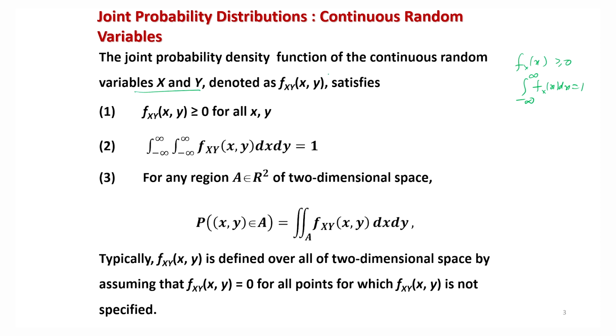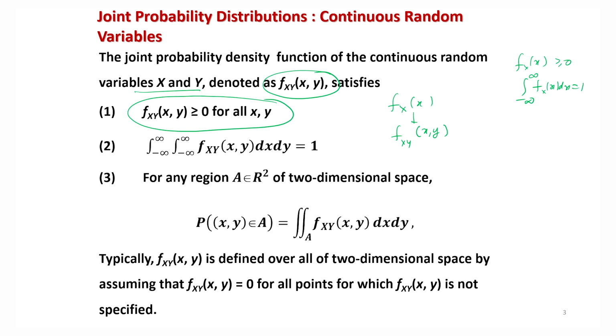So it is now indicated here as f(x,y). Earlier it was f(x), now it is extended to f(x,y), meaning the random variables are denoted by uppercase alphabets and their values are indicated by lowercase alphabets, like this. So now the first condition, that f(x) should be greater than or equal to 0 at all points, can be extended to a bivariate setup as f(x,y) greater than or equal to 0 for all values of x and y.